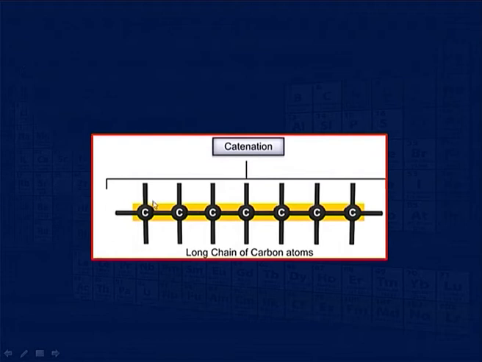such a property. This is the presentation of catenation, showing how carbon atoms combine together to form a long chain, and the chains get attached together laterally and linearly. Such catenation property is seen with carbon.